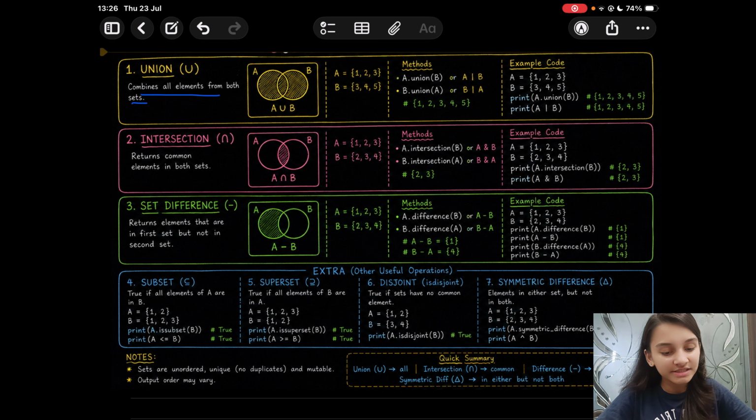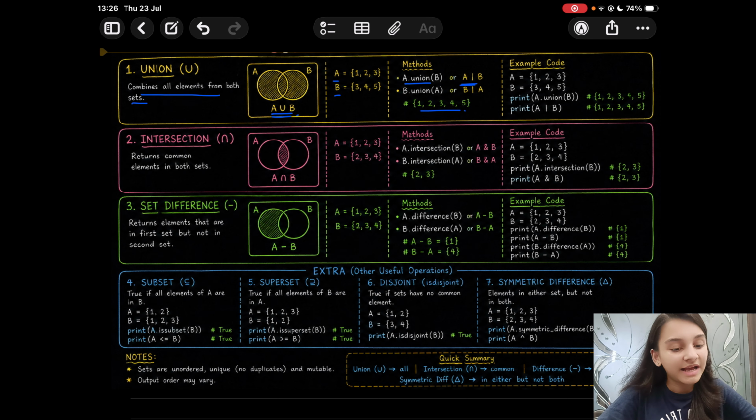So this is the symbolic representation. We have two sets A and B over here. So the union will give us 1, 2, 3, 4, 5, right? All the elements from both sets. So you can write it in two ways, either A.union(B) or using this sign.